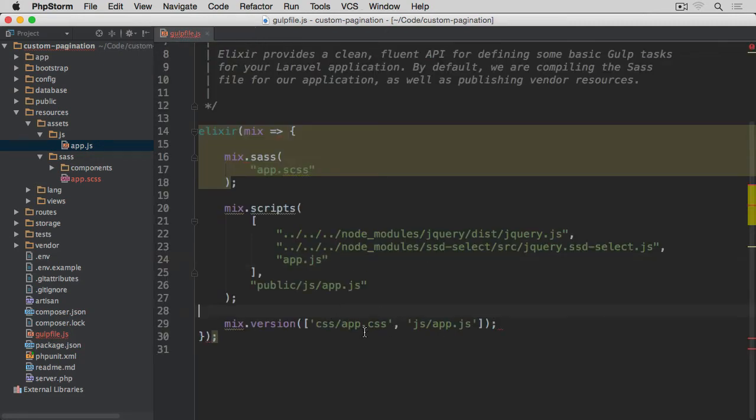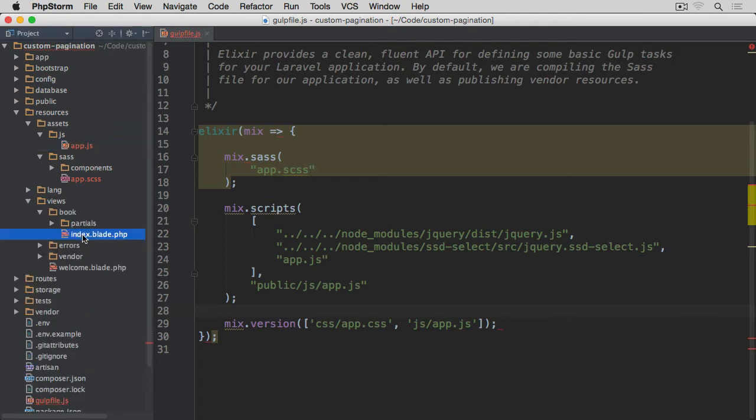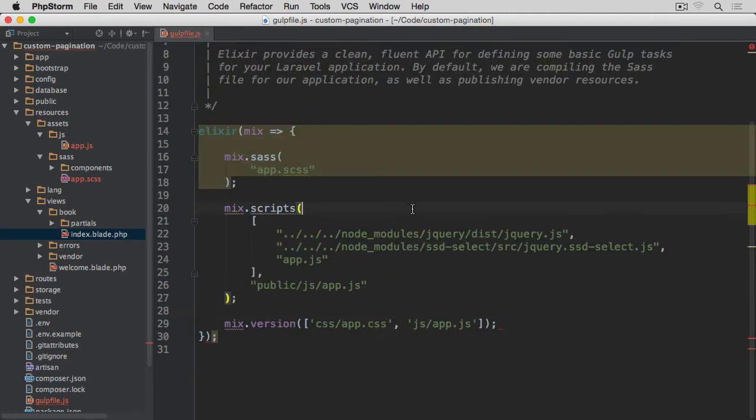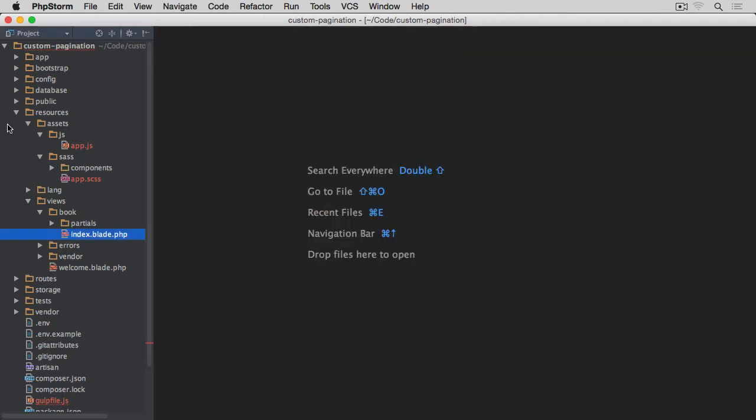And this will be then versioned. That's why we're going to have different builds, and this is exactly why we've used this Elixir helper within our view book index here, so that the latest version is always fetched. Okay, so that's everything for that. Let's now update our